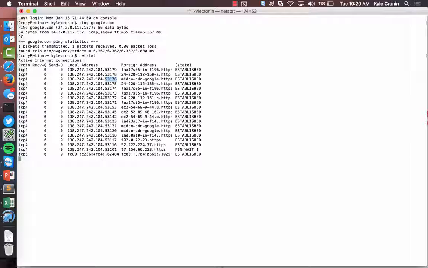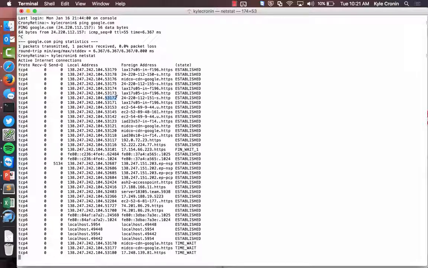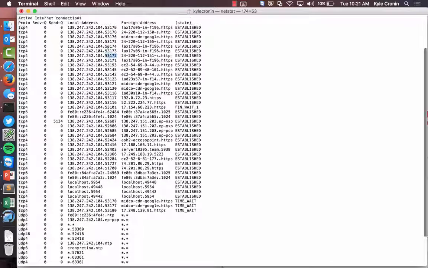What these port numbers are signifying to us is what process to hand it to. So when Safari sent out a packet, what Safari really did was said, hey, I need to do a GET request for Google.com, handed it basically to like the network subsystem of my computer, which then sent it off to the network adapter and sent it out to the network. And I just sat here and casually waited, and we received many packets back, but when I received a packet back on port, I don't know, probably this one,